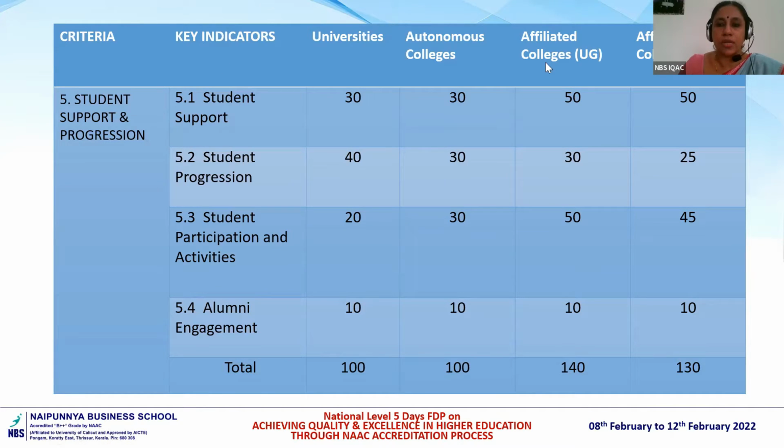And also you can see the point distribution that I have shown here. That is how it is for the university, then affiliated colleges UG, and affiliated colleges PG. This is how the point system goes. 5.1, you can see for,